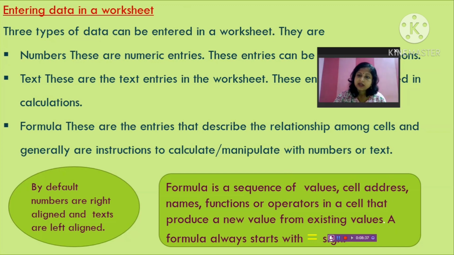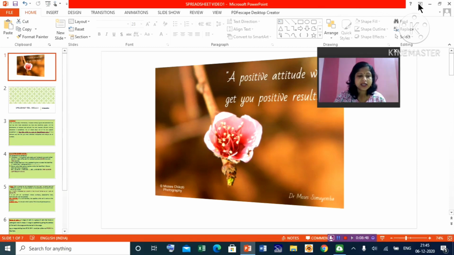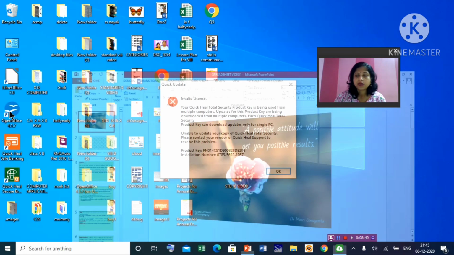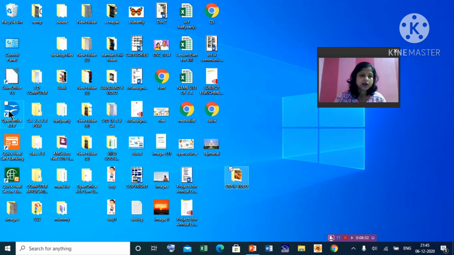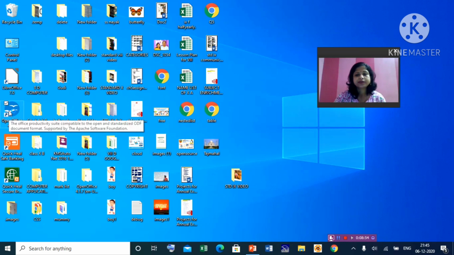Okay, so let us see how you will open your OpenOffice Calc and all these things. Let us see whatever we have described. So for this, this is your OpenOffice icon. Okay, so open. You can download it also.